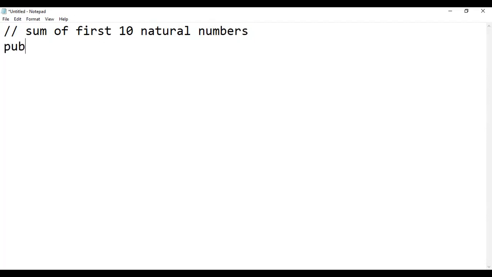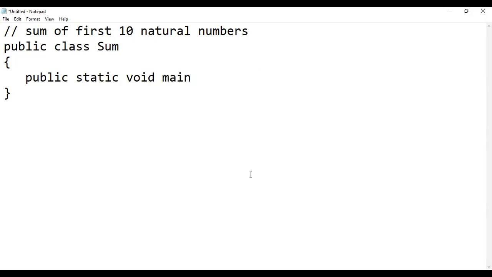So firstly, we will define a class. Here we will store our result in sum.